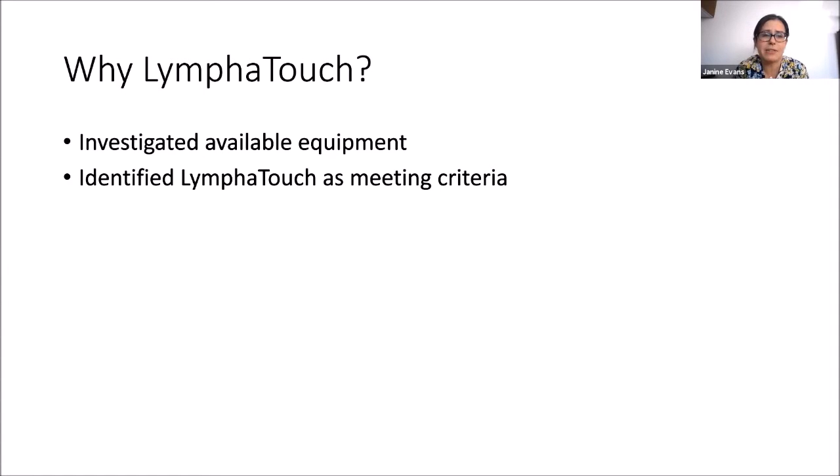However, as I've said previously, it's really difficult within the NHS to get funding for equipment that doesn't have a really strong, robust evidence base. So I was a little bit concerned as to how we were going to manage to get funding. But we are really fortunate within the UK at the moment to have access to a fantastic charity called Dan's Fund for Burns. And they are really keen to help burn services to fund treatments that aren't traditionally provided by the NHS. So I got in touch with their trustees and we had some conversations about it. I told them about the positive experiences that our patients had had out in France, and they very kindly agreed to fund a unit for us in Swansea for us to try out with our patients,